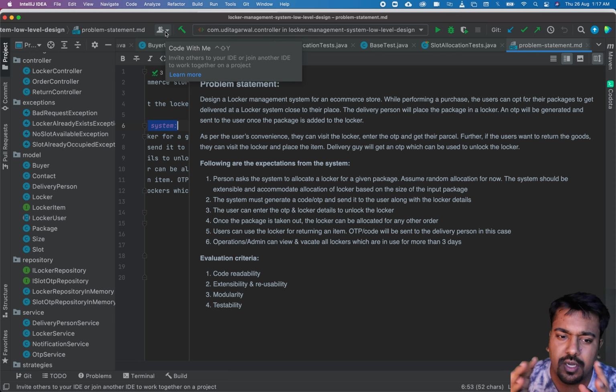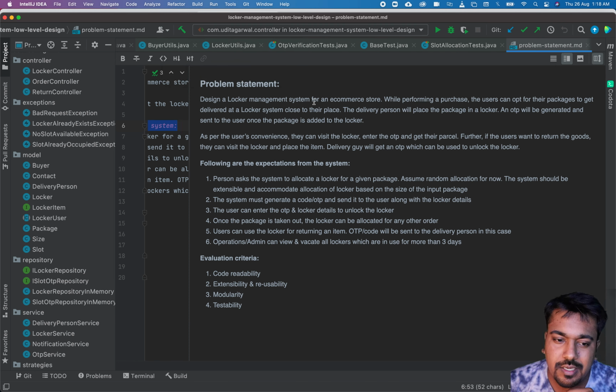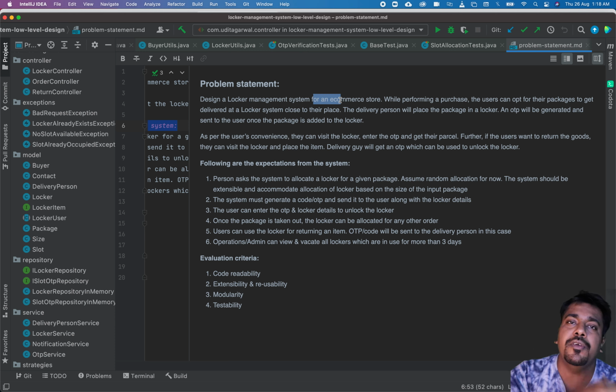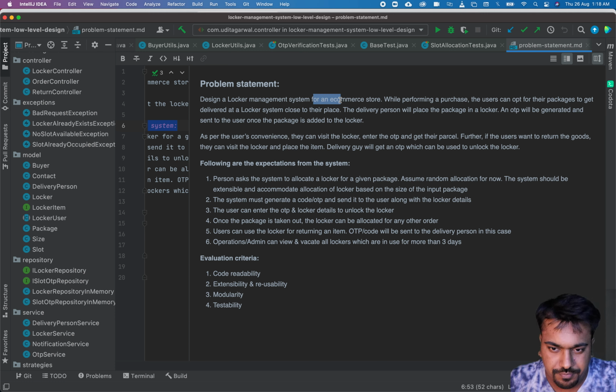So as I said, this is a locker management system we are going to build. A locker management system, it's like for an e-commerce store. If you're a little aware of the system or lockers kind of thing, it is something like you can place an order on some website, and then you can ask the website to deliver your order to a locker instead of your home. So it's like a convenience kind of thing for you. We don't want to go much into the product or something like that. We'll try to see what requirements we have, but on a very high level, for an e-commerce store, you can order something and then you can ask them to deliver that order to a locker.